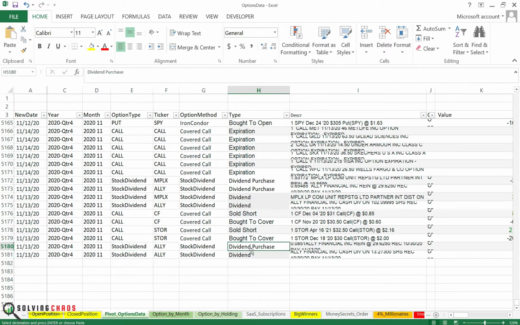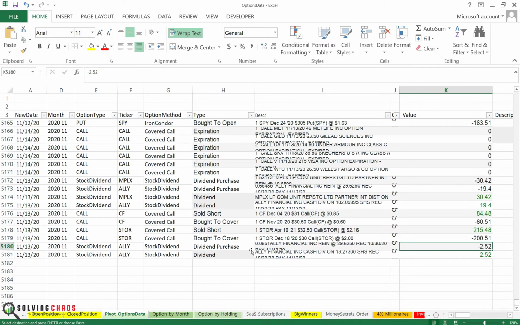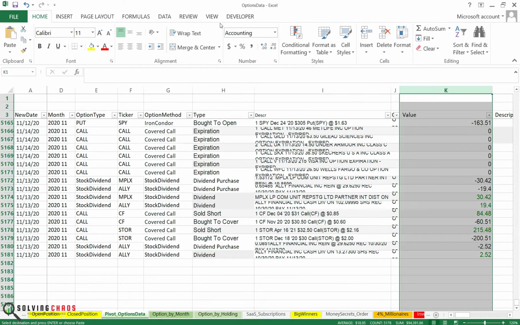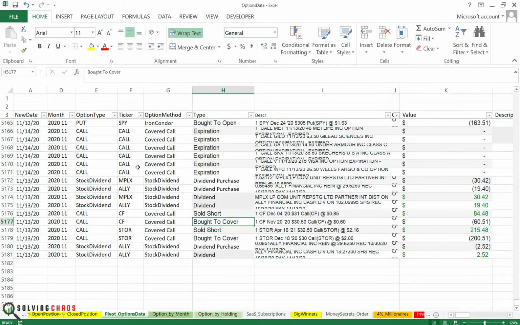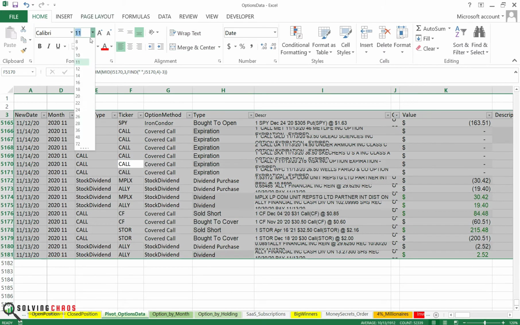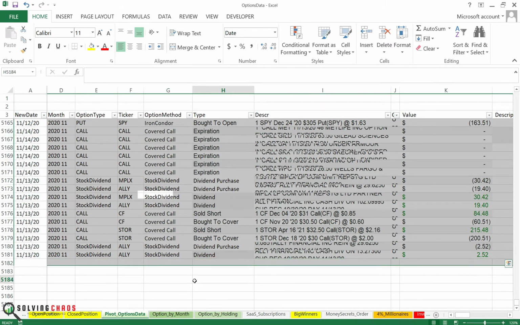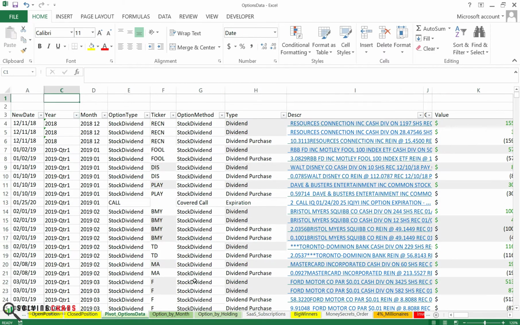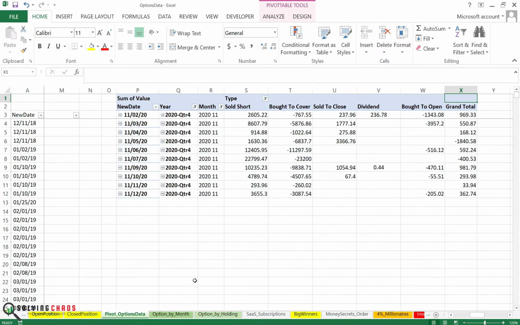And the only other thing I had to make sure of is, in order to avoid double counting, you do want a dividend purchase and a dividend. And then when you do a pivot, you only count it once. And the last thing I always do is just reformat that. Okay, I think we're ready. So let me just make sure they're all the same fonts, just for myself. As always, go to the top, we do the pivot, and let's see what